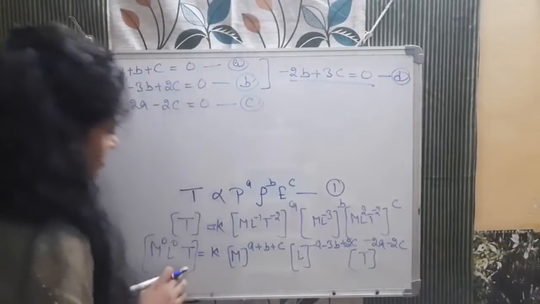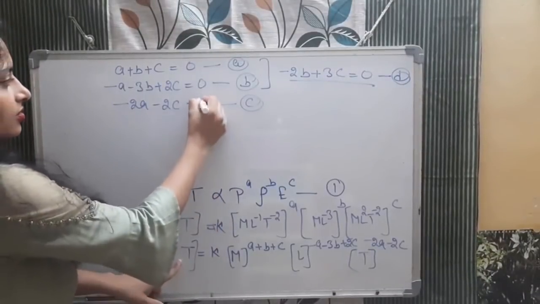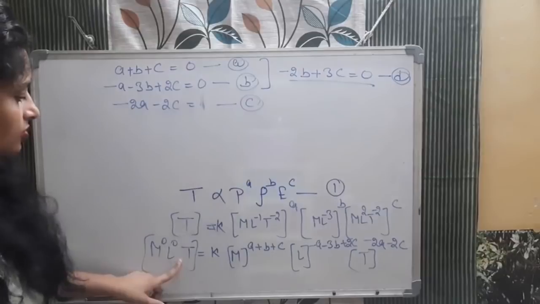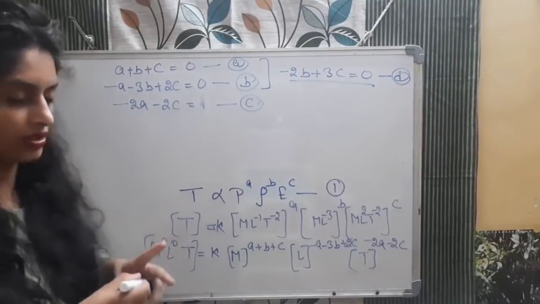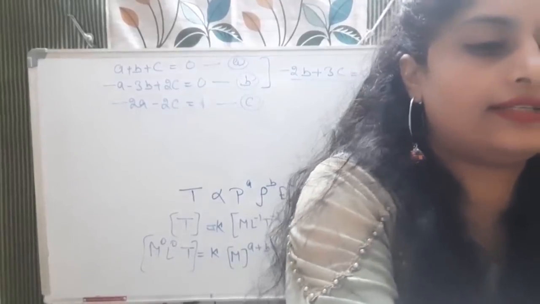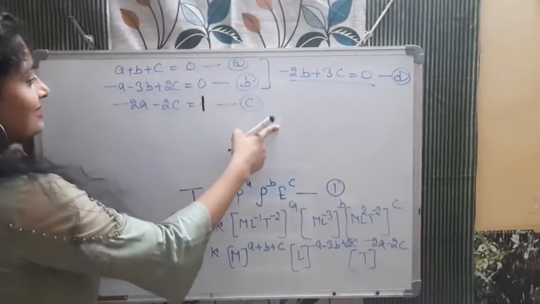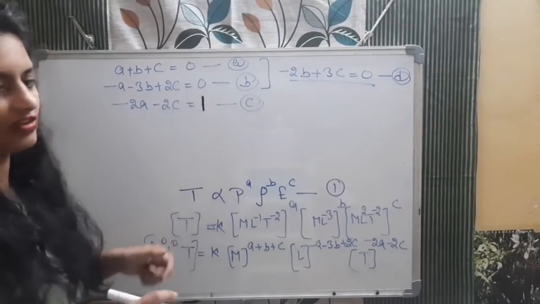See, there is a small mistake here. See this power T raised to the power 1. It will not be 0, children, it will be 1. When we were comparing it, I forgot to check that this is 1. Okay, ink is not working. Wait, just wait. I think this will work. Okay, so this is equal to 1. This is C. A, B, C, 3 equations we got.